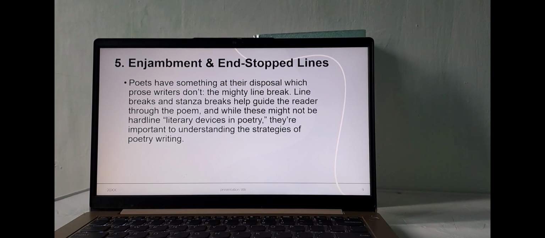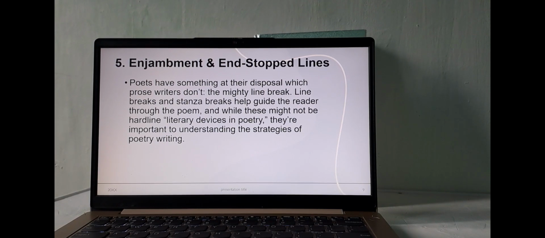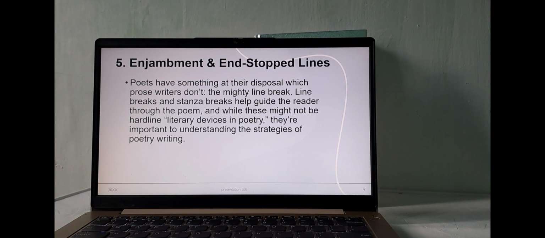Number 5. Enjambment and end-stop lines. Poets have something at their disposal which prose writers don't: the mighty line break. Line breaks and stanza breaks help guide the reader through the poem. And while these might not be hardline literary devices in poetry, they are important to understanding the strategies of poetry